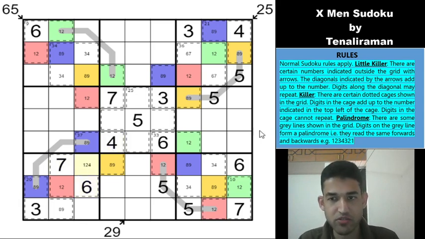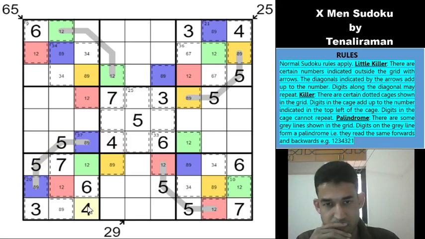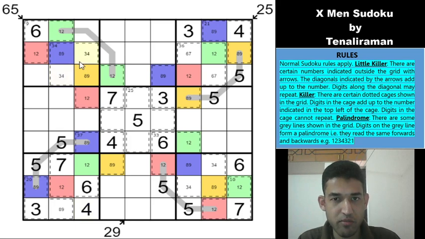You have a 4 here, so this is not a 4, and that becomes the opposite of red, which is green. So which means these two cells, 1, 2, 6, 7, 3, 8, 9. So they would be 4, 5 for the cage. And for this palindrome, you would have to have 4, 5 here, and you have a 4 here. So this is a 5, this is a 5, and this is a 4. And which means I can resolve this 3, 4 pair. So this would have to be a 3, this would have to be a 4.